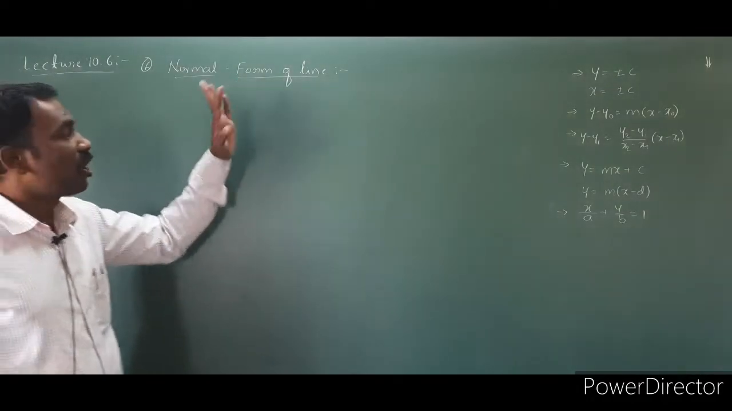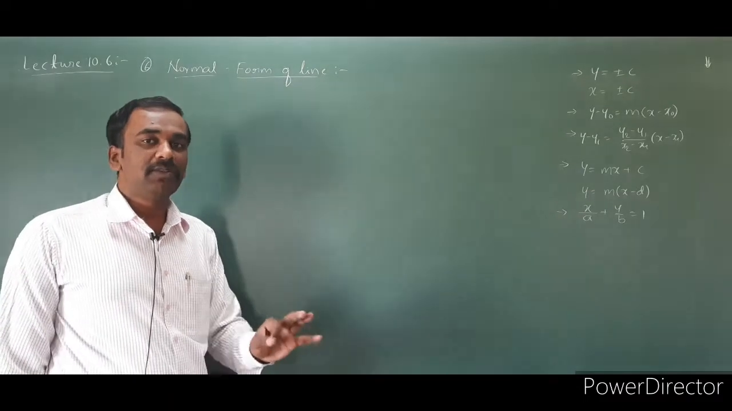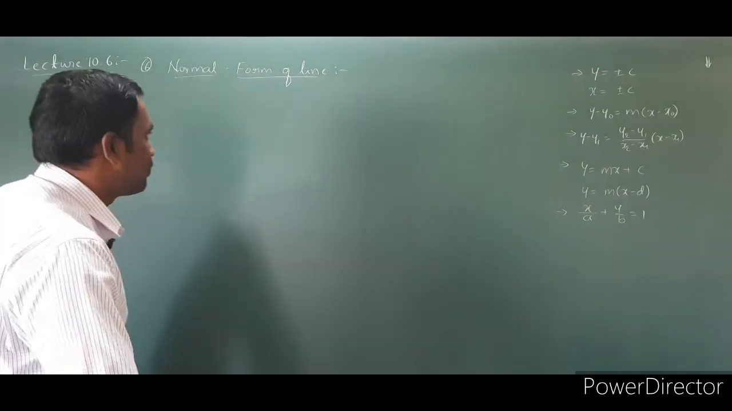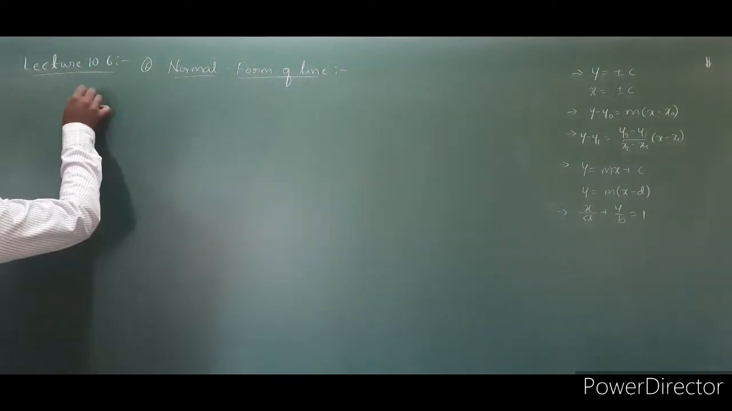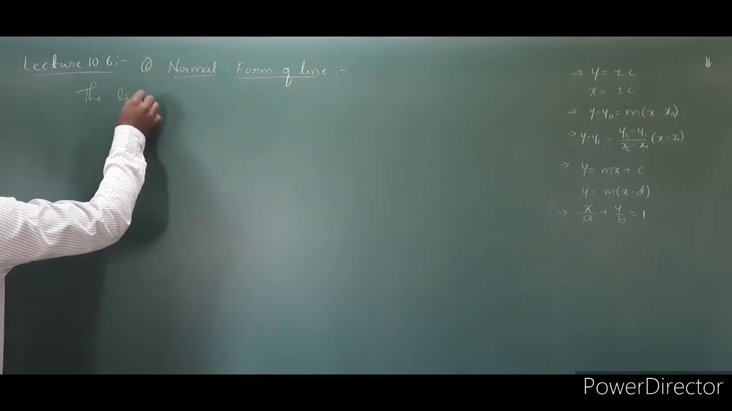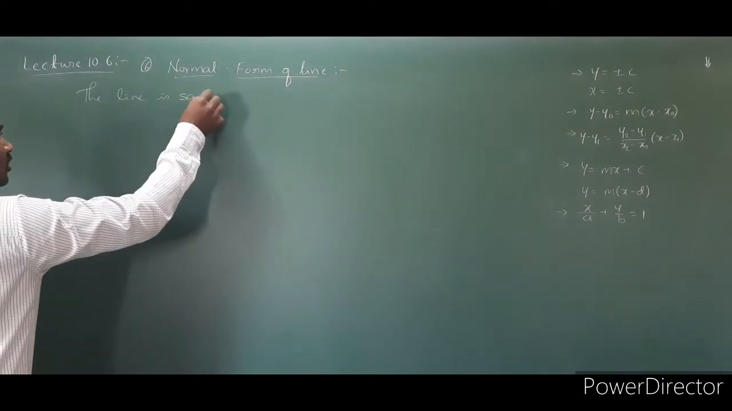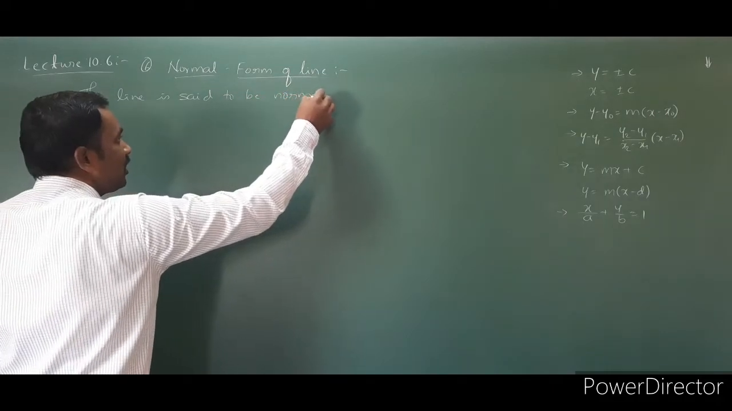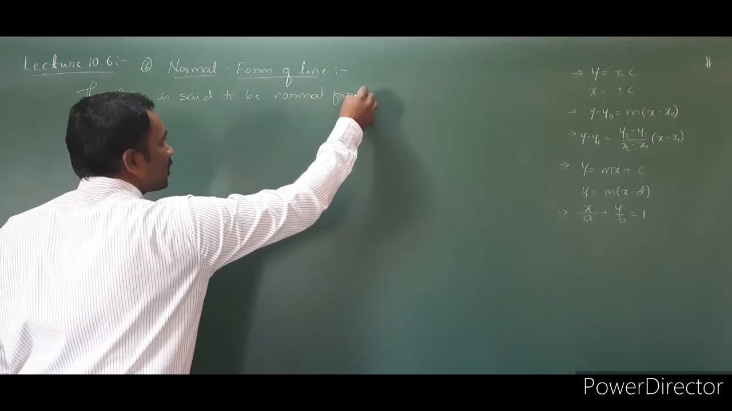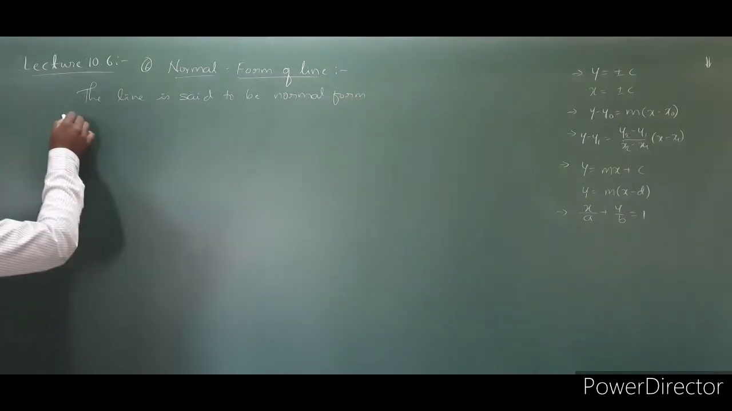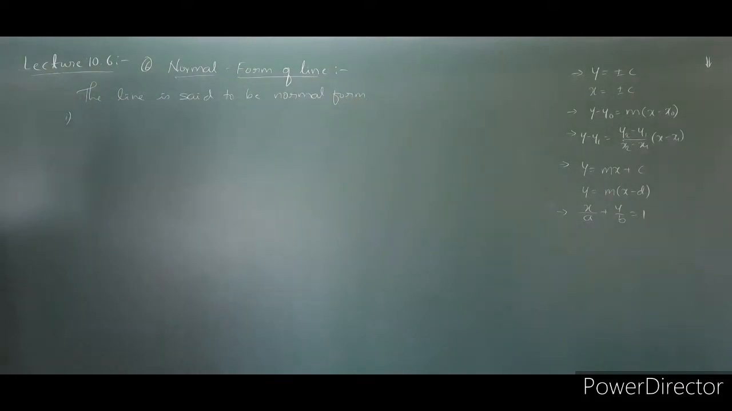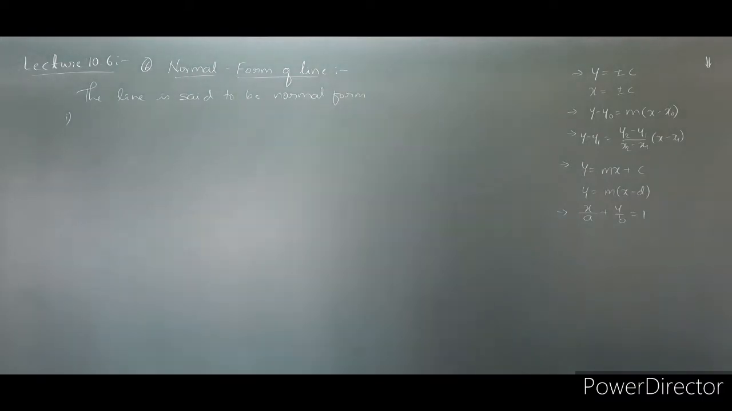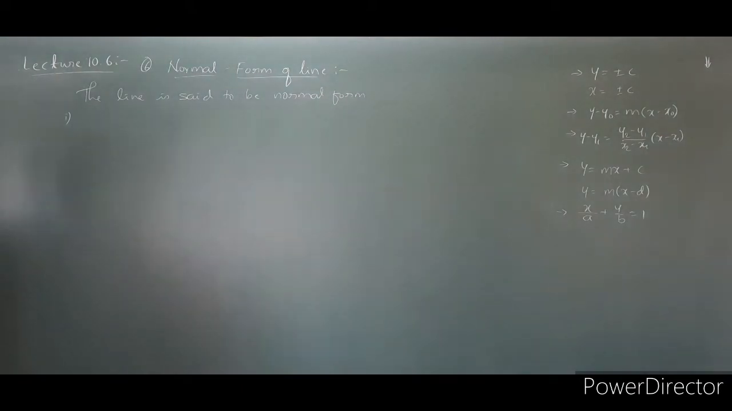Now here, normal form. First we need to know what is meant by the normal form of the line. The line is said to be in normal form when there are two conditions. What are the two conditions to say that the given line is in normal form? Here, the perpendicular distance